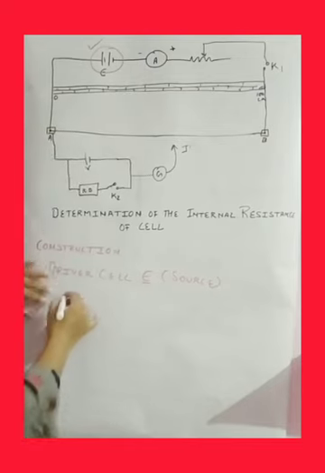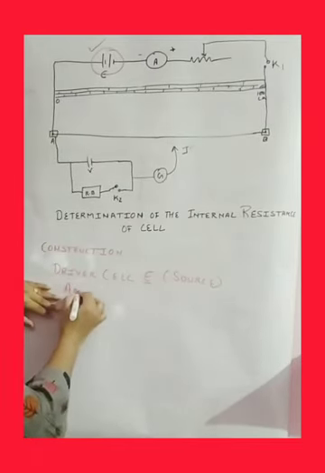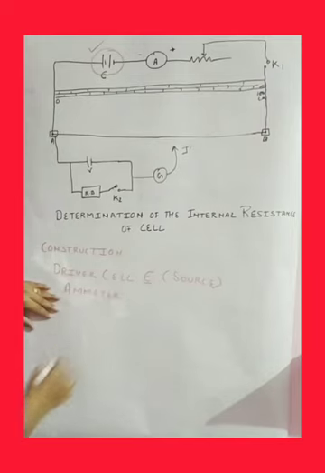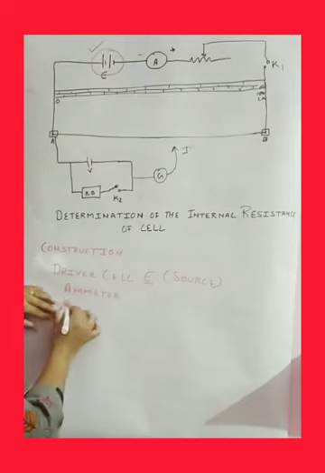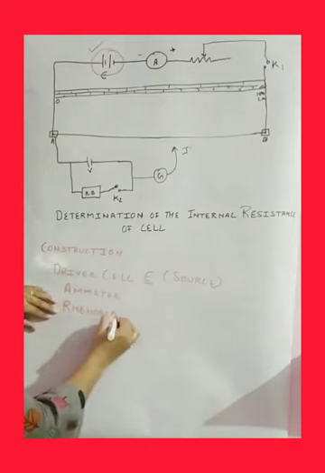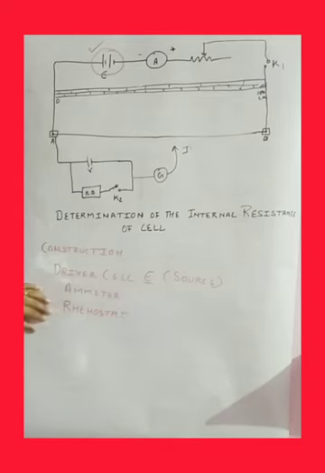We have an ammeter, that is measuring the current which is flowing in the circuit. So we know that we are flowing a constant current. Here we have a rheostat, which is providing a variable resistance. By increasing the resistance we can reduce the current. That will give more stability and more sensitivity to our potentiometer.